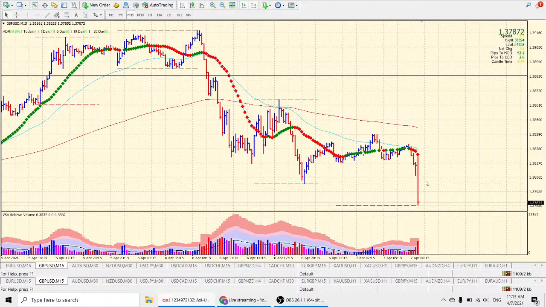Okay, and the price is lying below the 20 SMA, and the 20 SMA is below the 50 SMA, and the 50 SMA is below the 200 SMA. This is also an indicator that it is bearish. Okay, if we shift to the 30 minutes time frame,